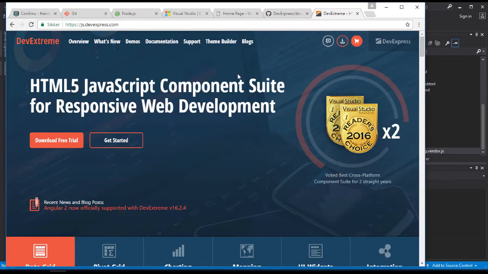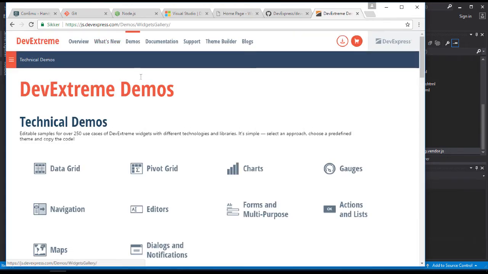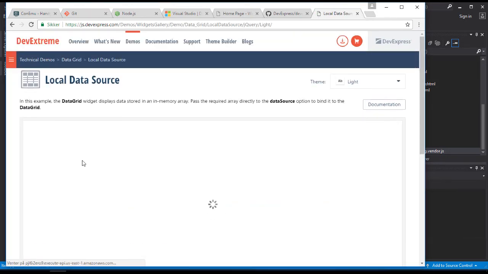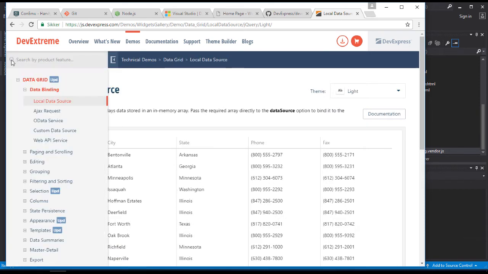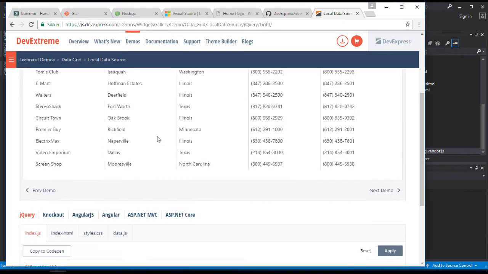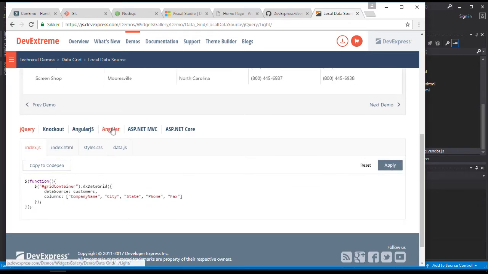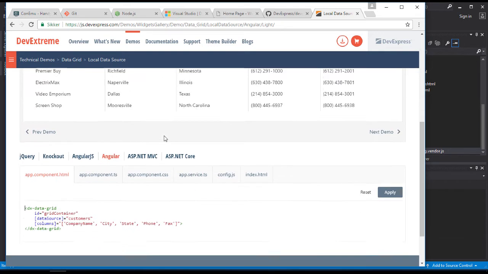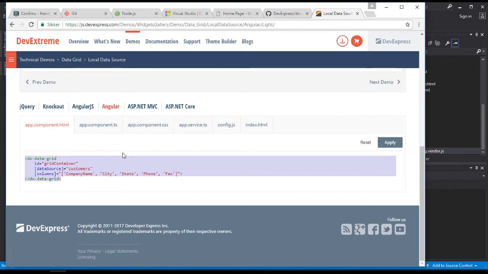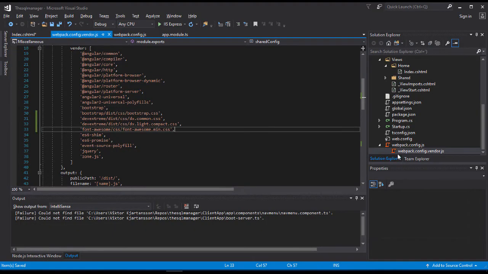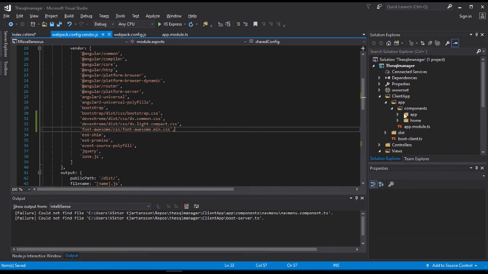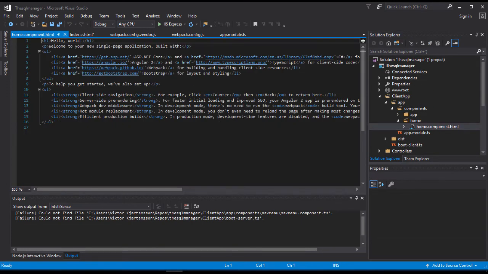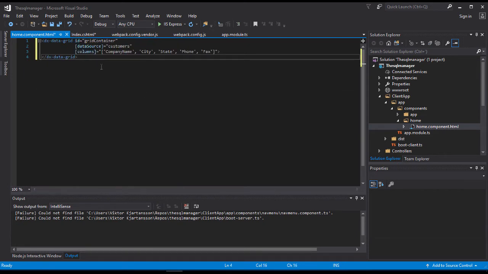So we'll go to the DevExtreme page, js.devexpress.com, go into the demos. You will find the data grid component. We will look at the source code here, and here we have the Angular code for this simple grid. So what we'll do is we'll just copy paste this code here, go to our home component, to the HTML. We will just remove this with the data grid,